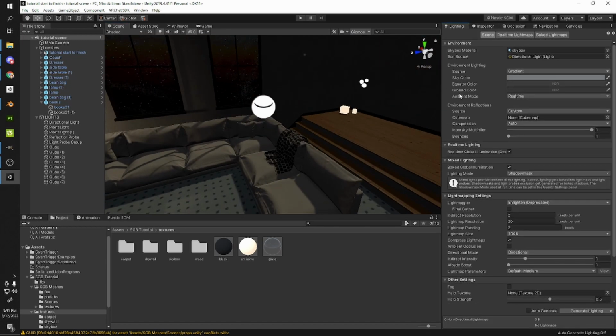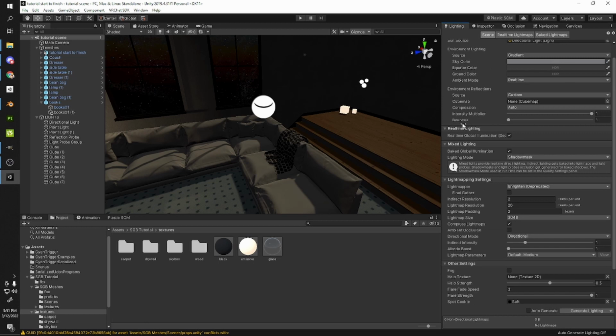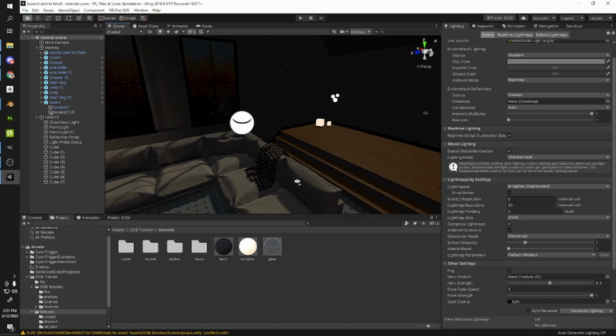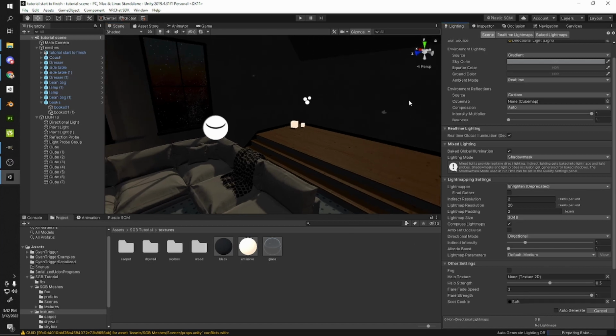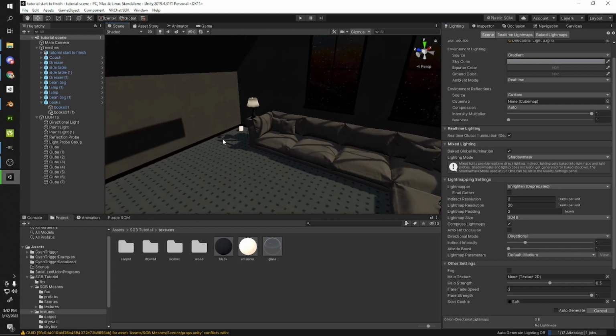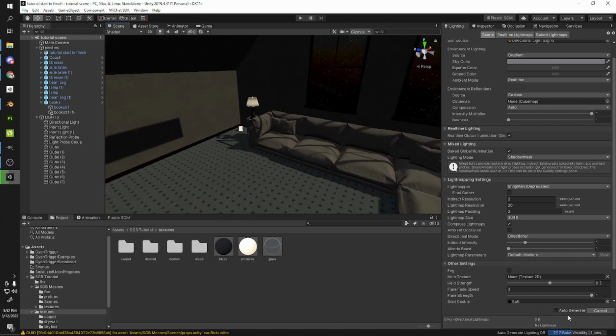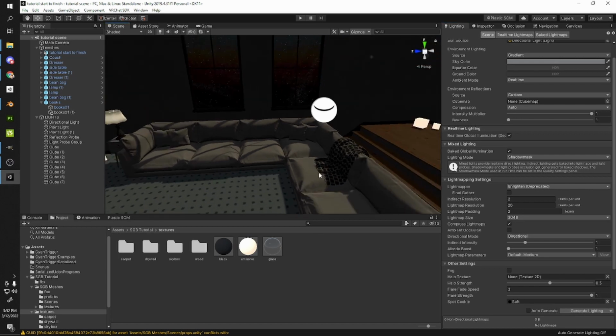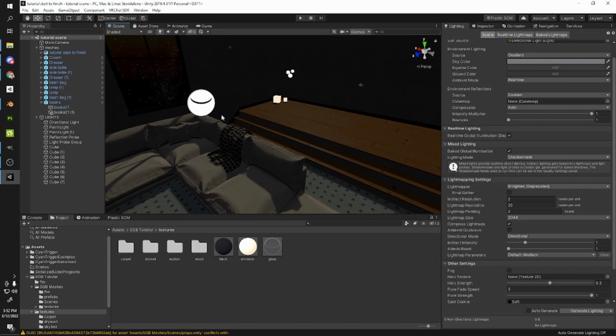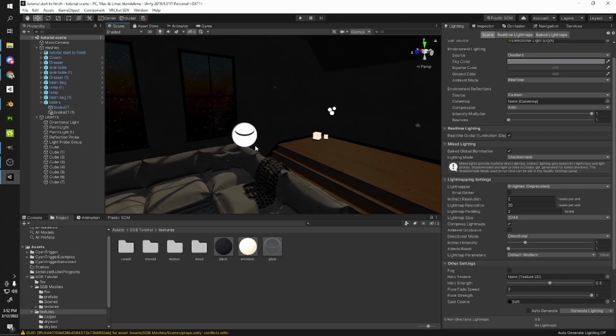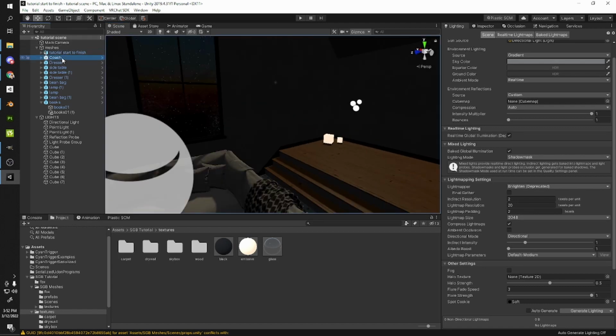So let's go to lighting, and we're gonna go all the way down here. We're gonna make sure real-time GI is turned on. And then we are going to press generate lighting. And now we just wait, and this could take a long time. It didn't take a long time at all, and I'll tell you why. I'm gonna cancel that. So things aren't baking on here, and my Unity went real quick there because